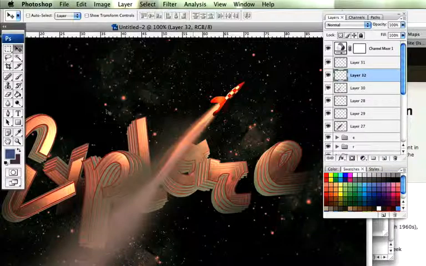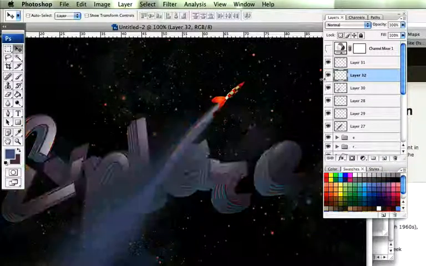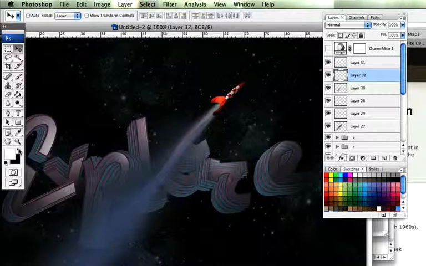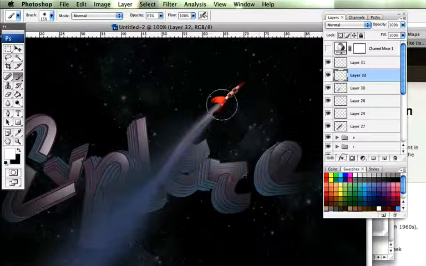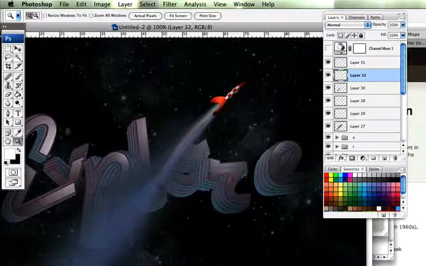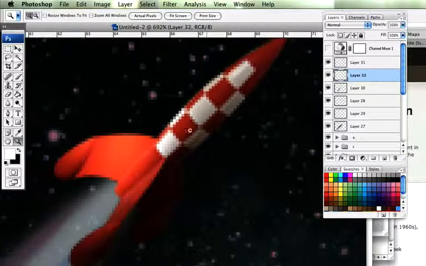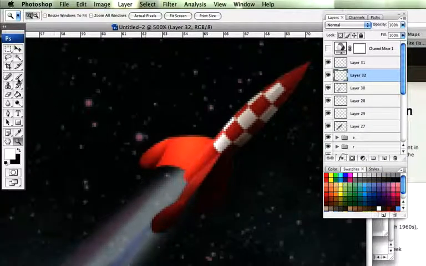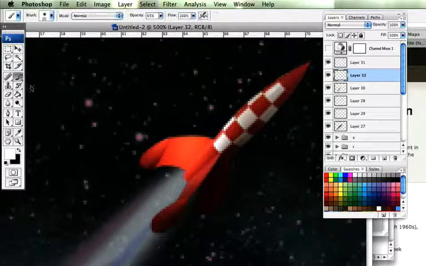And then, like I said, on that layer, I'm going to turn off our channel mixer. I'm going to grab some white, grab a brush, and reduce the size of my brush right down. Let's just zoom into that area there. And with that brush I'm just going to create a couple of scraggly fireworks using my Wacom,